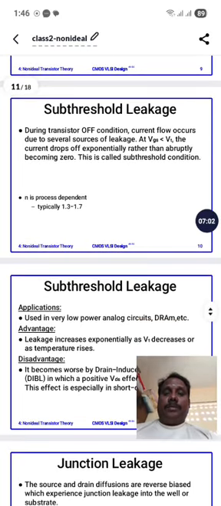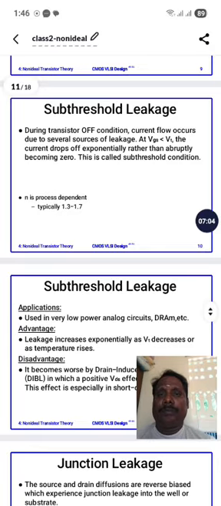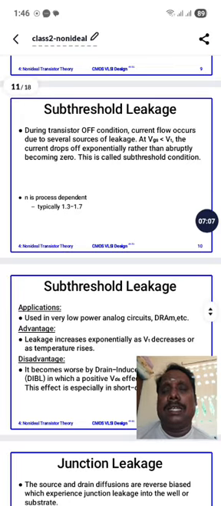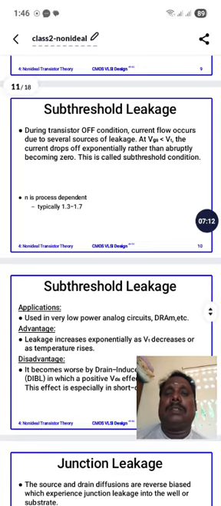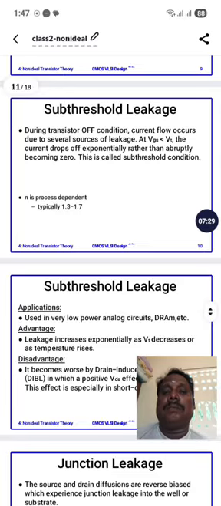Then subthreshold leakage. Subthreshold leakage means the leakage of charge carriers at the threshold point. In practice, leakage definitely occurs whenever charge carriers move between transistors. This cannot be avoided, and in the theoretical concept there is no such thing as subthreshold leakage. Whenever the input is given, the charge carriers move between the source and